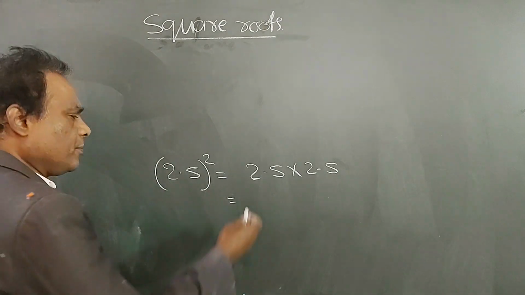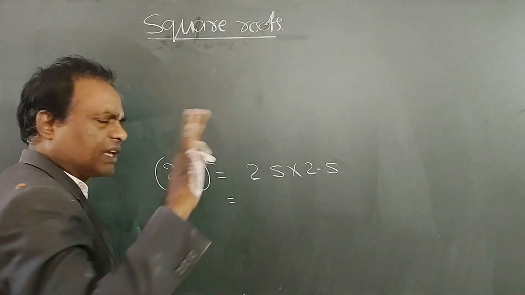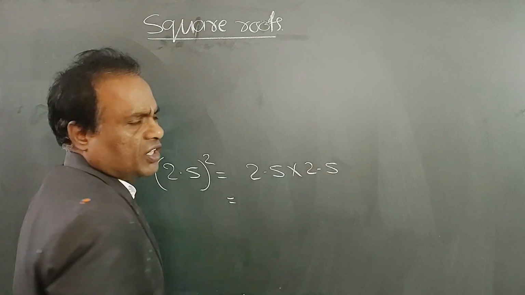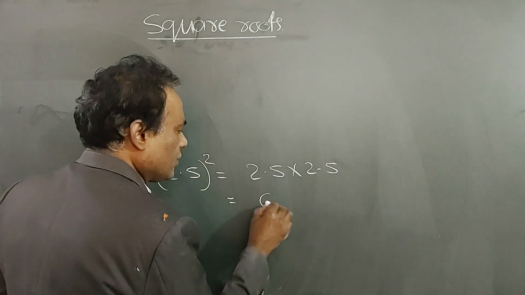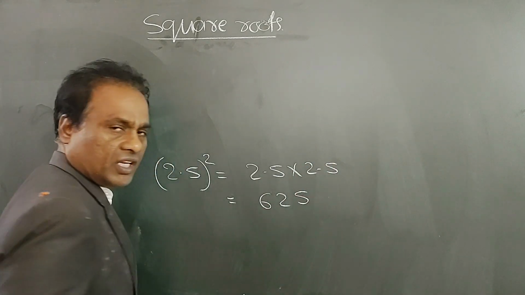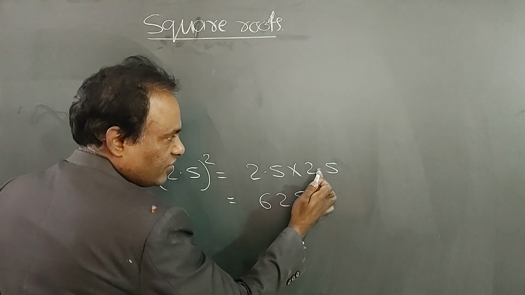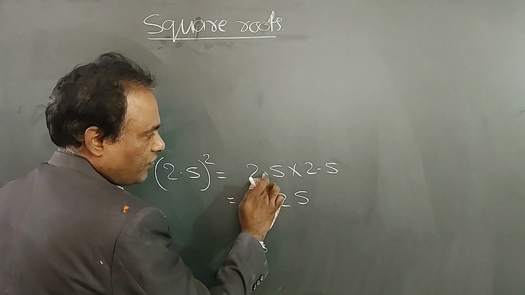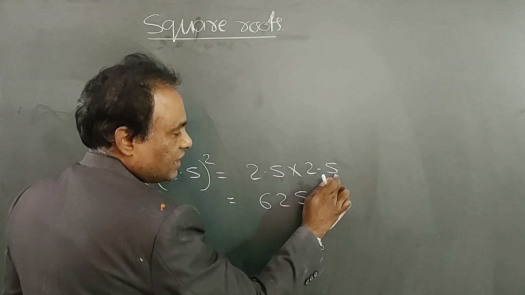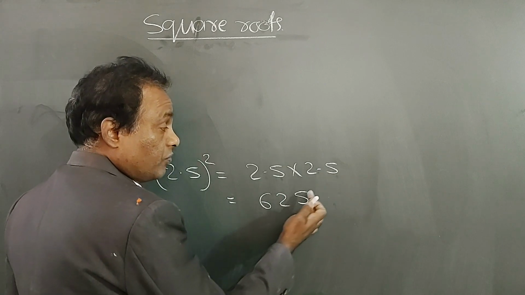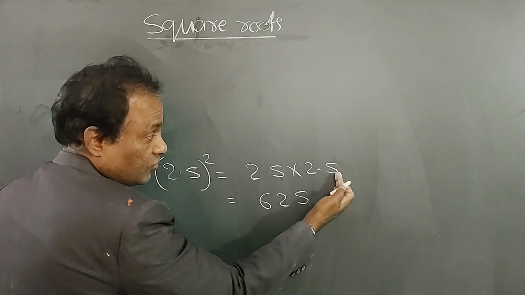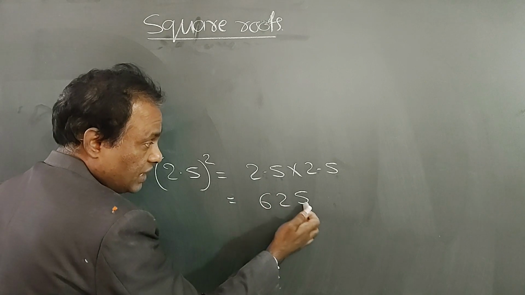Then you multiply it. You just don't consider the decimal. First you multiply 25 into 25. 25 into 25 is 625. There is one digit after the decimal, and one digit after the decimal. So in the product, we have to put the decimal after two digits.